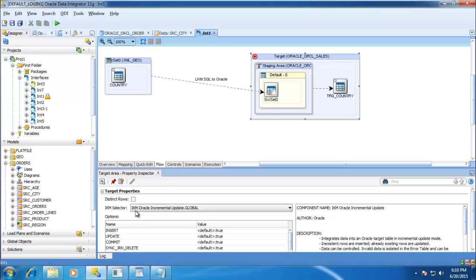We can use those, and if you want to do some customization or extend your knowledge modules, we can do that as well. The IKM knowledge module is useful to load the data from the staging area to the target area.